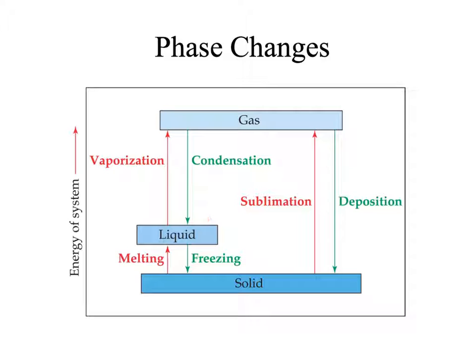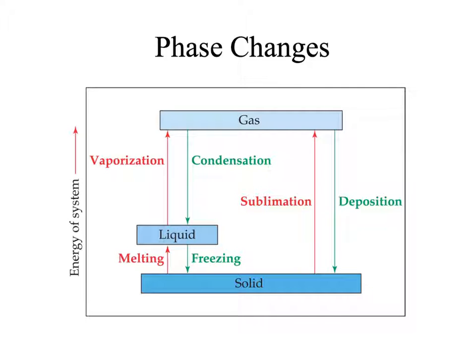And when we go from a liquid to a solid, we freeze. Again, that is also exothermic. We are losing energy. When a liquid goes to a solid, actually energy is released. That's why lots of times when it snows, the air outside will get slightly warmer as it's snowing, which is kind of interesting.